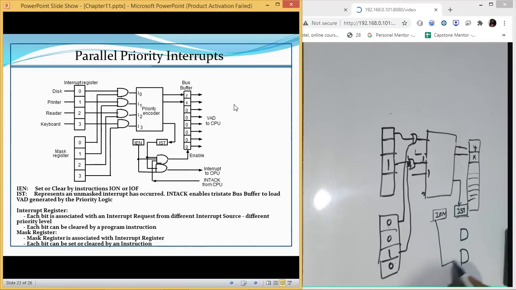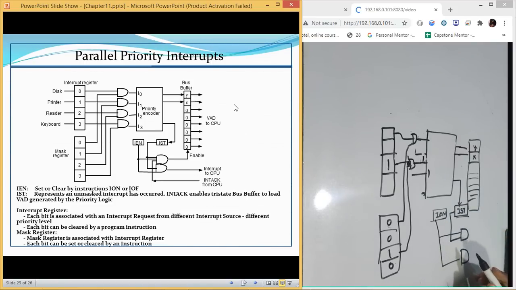One is connected by IEN, which is telling you whether you can interrupt the CPU or not. If a higher priority device is already executing some interrupt, then you can't interrupt the CPU. But if there is no device which is executing, then you can interrupt.